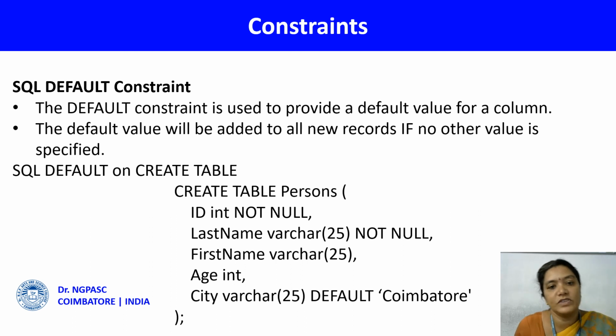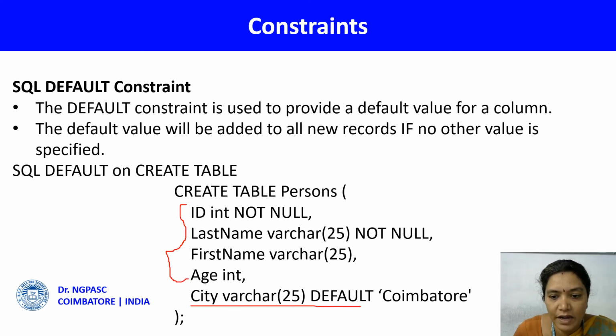The last type of constraint is the default constraint, which is used to add default values to your columns. As we have discussed already, see here, this example shows you how to add default values. Same as what we have discussed, all the columns are defined, and the last column is city, where the default accepts only the value Coimbatore. Suppose you are going to collect the data of persons who belong to Coimbatore, or the data is going to be filled by persons belonging to Coimbatore, you can set the value for your city column as the default value, and it is set as Coimbatore.